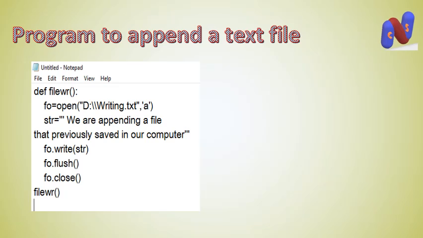Clear? Okay, now the fourth one is fo.write(str), meaning again I am going to write the new str in the particular file. Then fo.flush and fo.close are the same as the previous program. So now let's see the output. What will be the output if I open the same file with file access mode 'a', and provide a new string as str? Will it be appended in our file or not? So let's see the output.